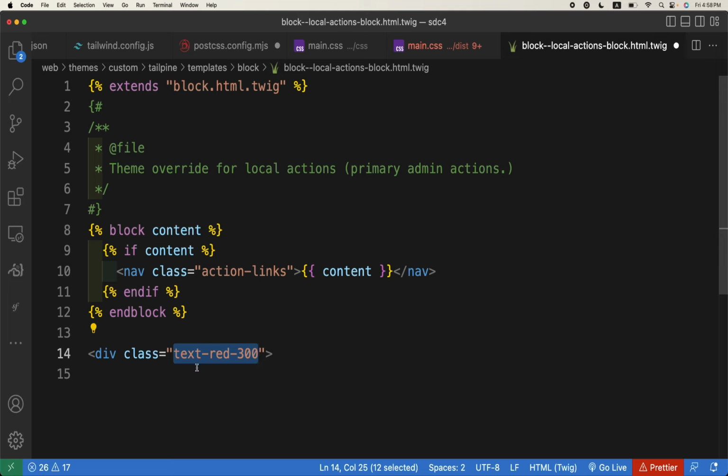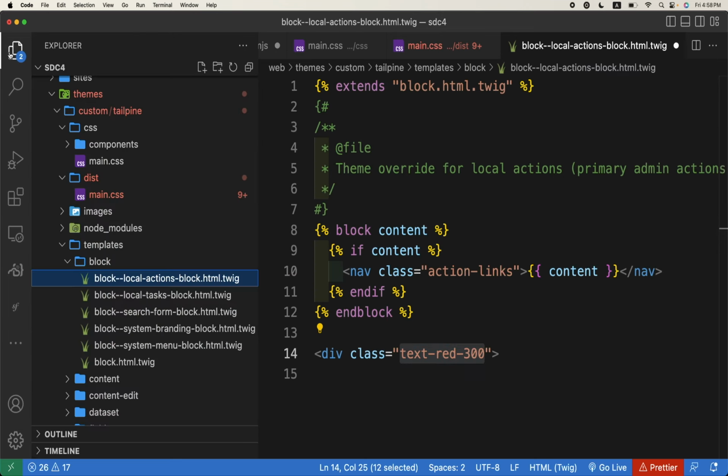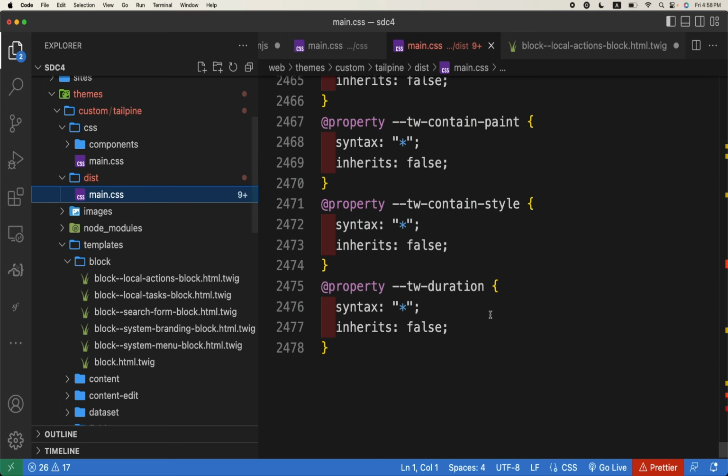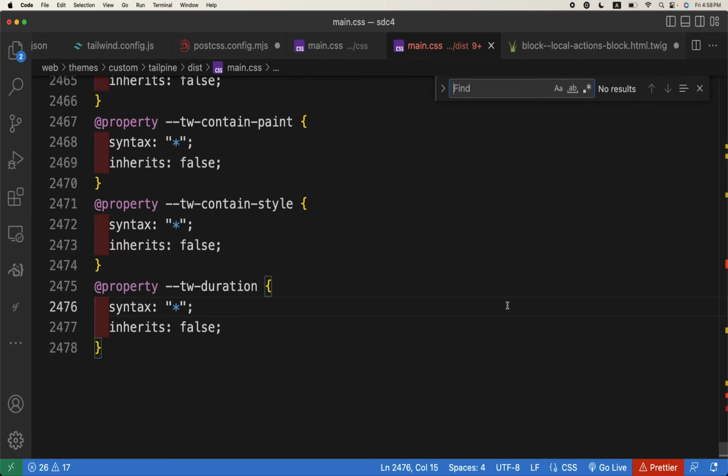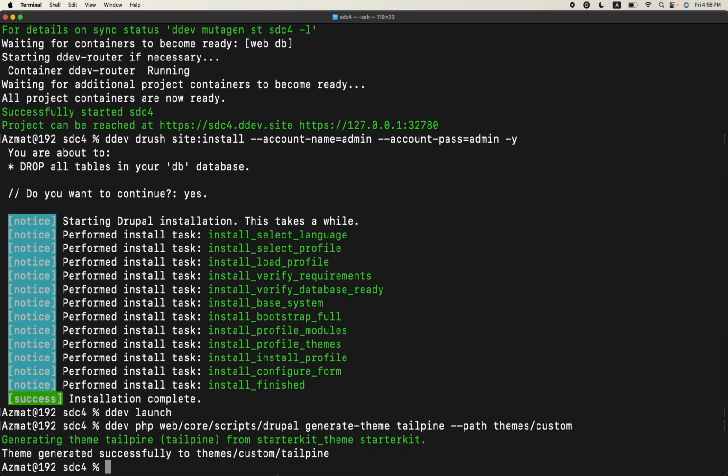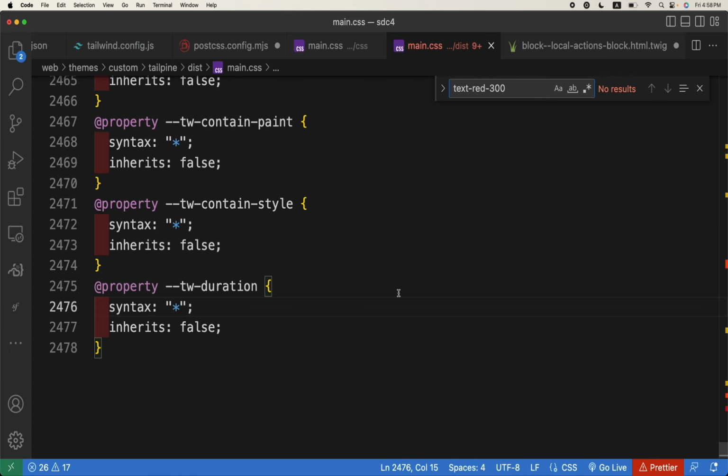So here, if we build the code again, but prior to building it, this is main.css, I will just Ctrl+F and search for this class. So there is no listing of this class, right? But if I build it again, or maybe if we can just watch it,